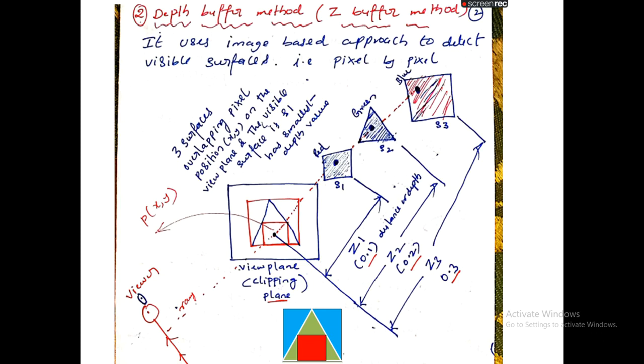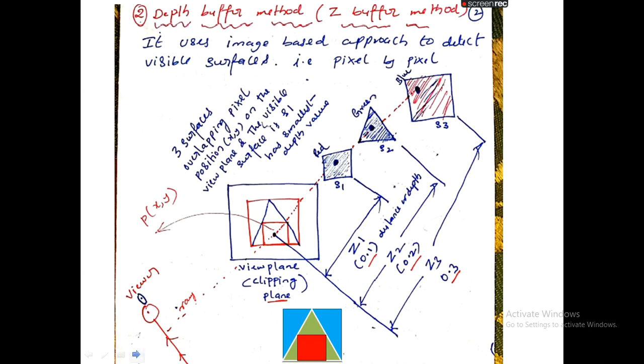We need to determine, with respect to the triangle, which pixels are hidden, and with respect to surface 2, some of the pixels are not visible to the observer. So we need to remove that pixel information.